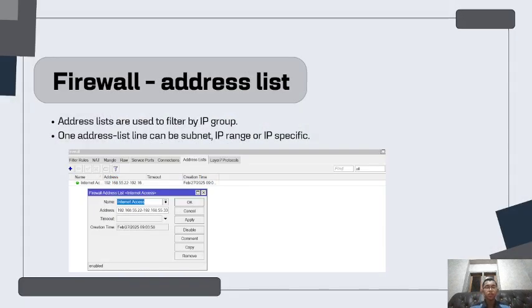And next is firewall address list. Address lists are used to filter by IP group. One address list can be subnet, IP range, or IP specific.